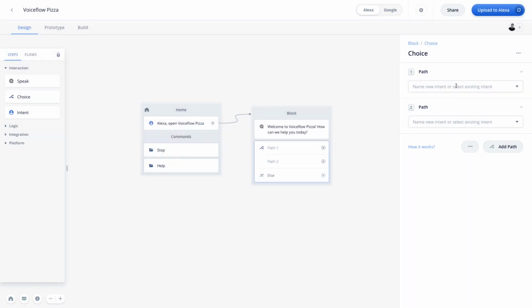With this in mind, we can now jump back into our project and head over to path 1. So we'll go ahead and click on this, and you can see we have a list of different default intents. As I mentioned earlier, we can think of an intent as signifying a user's intention. So in this case, the user wants to order pizza, and you'll see by adding a space, we actually automatically add an underscore there. And then we're going to go over and hit create, but before we do,